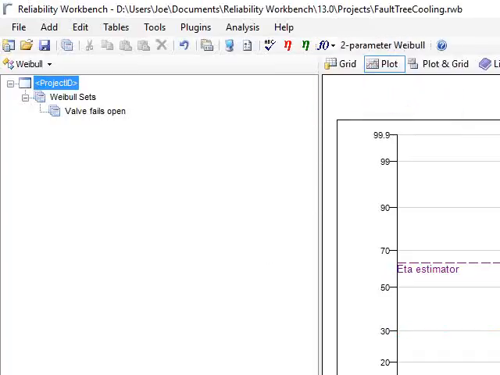So I'm going to go back to my two-parameter Weibull. So again, we have the parameters, and some people might say, yep, that's great, that's all I'm interested in, I just want to be able to say what the failure rate for that component is. But really the true power of this comes in supporting the other analyses, the other modules within the respective packages,